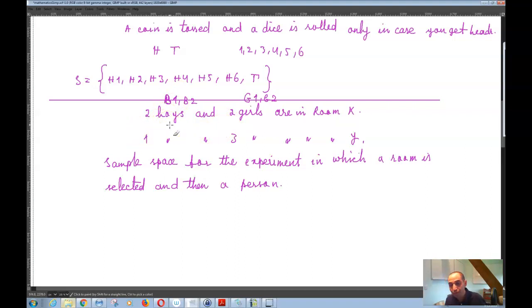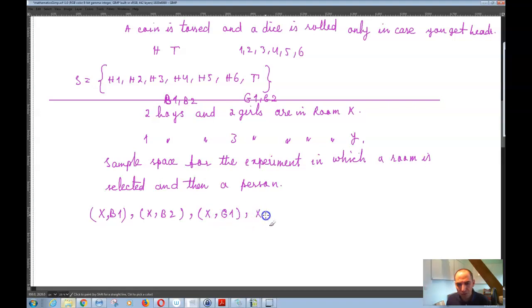And so then I can write, for example, room X. So a room is selected, so you have the room, and then you have XB1, XB2, XG1,